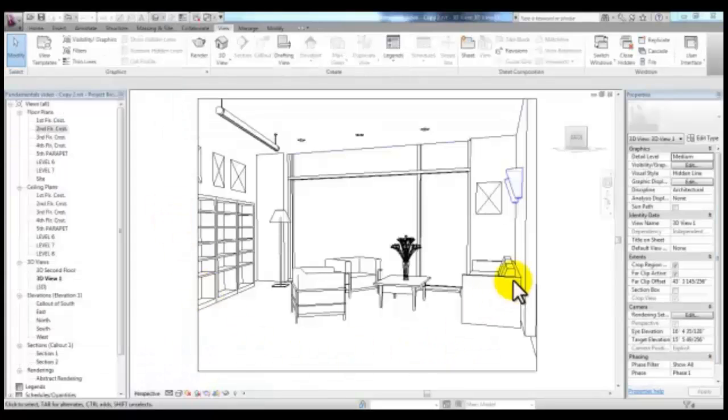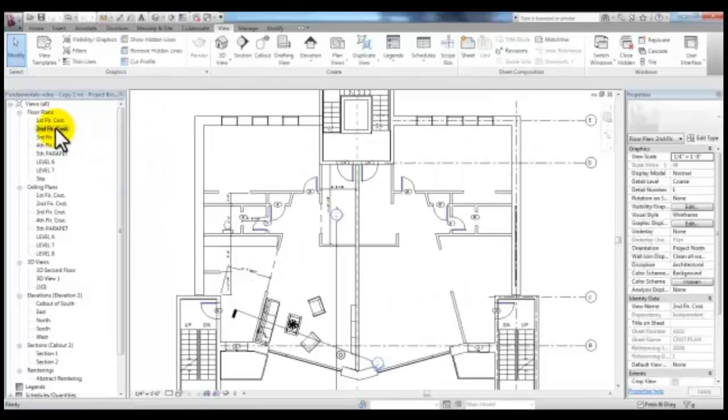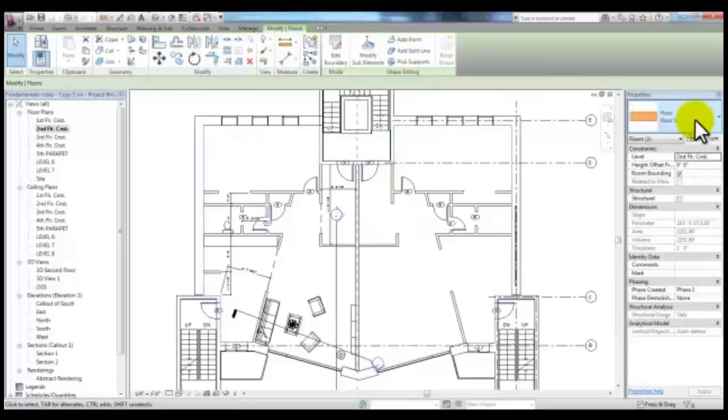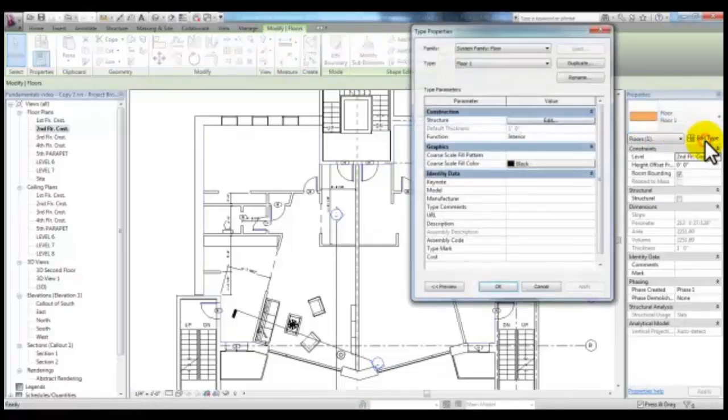There are so many different materials that you can change in this room, but for now let's go ahead and close out of the render dialog box and go to the second floor plan, and we'll change the floor. Rest your pointer close to the inside of the exterior wall and use your tab key until you tab to the floor. You can then left click, and in properties you'll see that you have the floor selected. You can pick edit type,